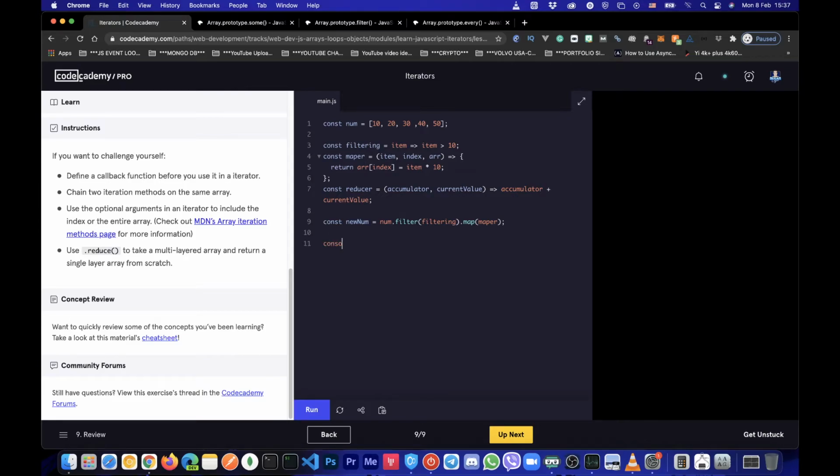and down here let's console.log this new array, so new num, and let's call the reduce method on that new array, and let's use reducer as callback function for the reduce method, and let's set the initial value. This is also the optional parameter, optional argument. And now let's run our code, and the result is